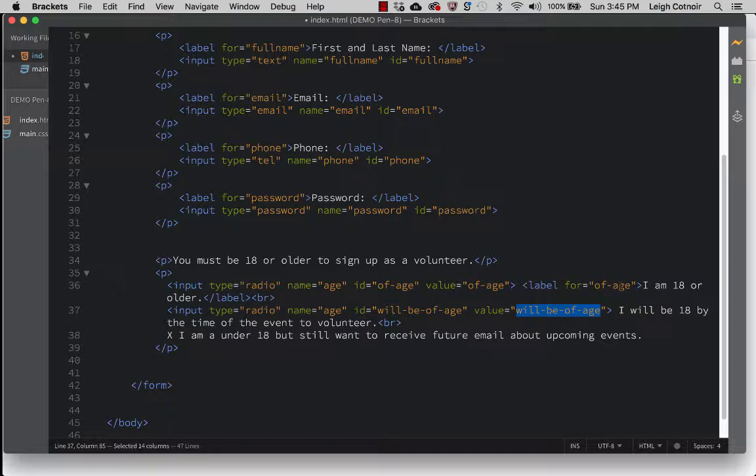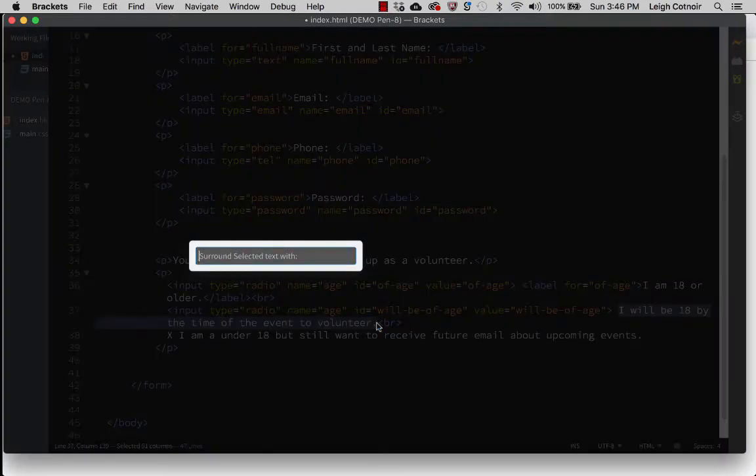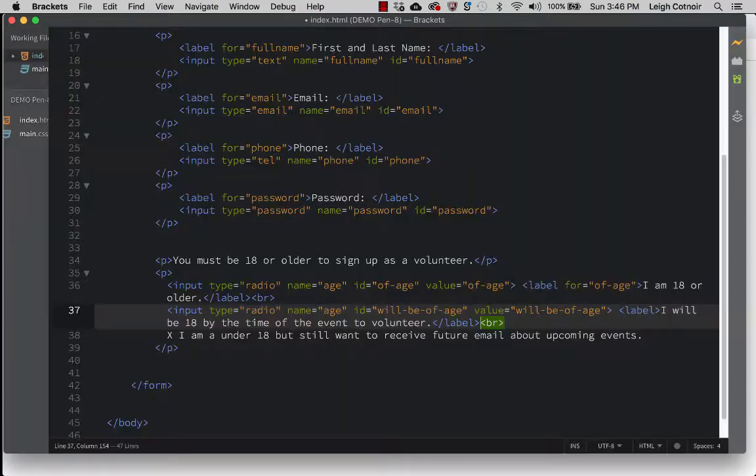All right. Now, the next thing that we still need to do is put this "I will be 18 by the time of the event" inside of a label, so we'll do the Command Shift J in brackets with my plugin, and I'll put that label tag. Then again I need to do label for equals, and then I'm going to copy where it says will be of age, that way I don't misspell something, and I'll paste it inside the label